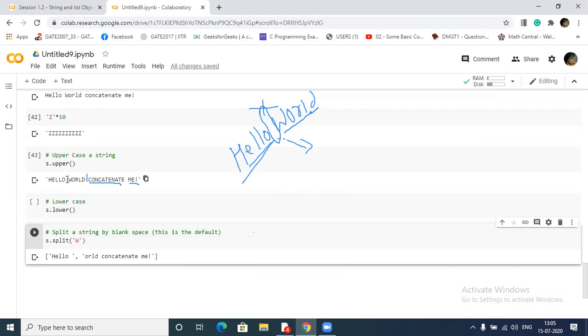So it will break your entire string into hello up to the blank space. Then W, I already told you, the delimiter will not be part of your split string, so it will leave the W and again search for W. There is no W, so the entire second part will be ORLD up to the exclamation. Okay, got my point? Is it clear?